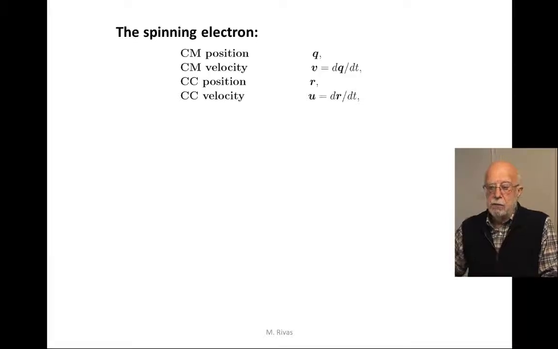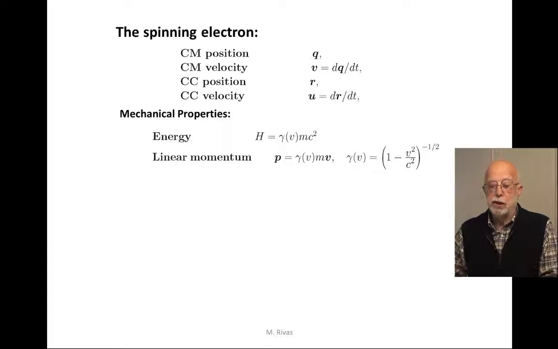Now the spinning electron. These are its kinematical variables: the center of mass position and velocity, and the center of charge position and velocity. And the dynamical and mechanical properties of this object are, as before, the inertial linear momentum, which are written in the same form as in the point particle case in terms of the center of mass velocity. But in addition to these mechanical properties, we have also the other mechanical properties,